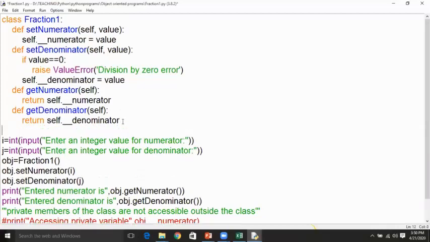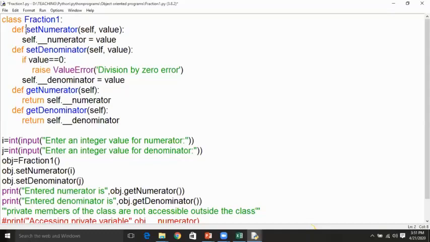Whenever this line executes successfully, obj is a variable which will act as a reference to this class fraction 1. That means obj along with the dot operator has the ability to access all these methods, because all these methods are public methods, because they start with letters instead of two underscores.